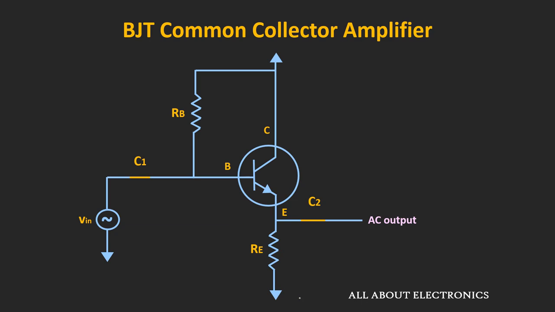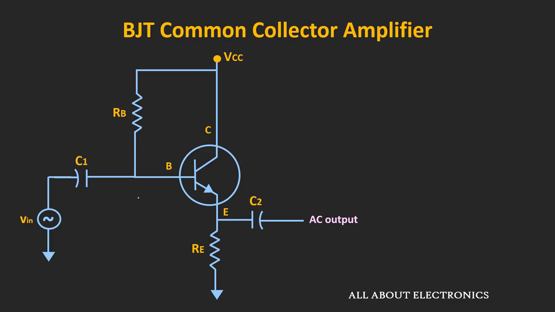That means here, the collector terminal is common between the input and the output side, and hence this configuration is known as the common collector amplifier. Now as I said, this common collector amplifier is also known as the emitter follower, because here the output at this emitter terminal follows the input signal. Now from the DC signal perspective, the emitter terminal will be 0.7 volt less than the base voltage, but the AC output signal will be approximately equal to the input signal, and in fact it will be slightly less than the input signal. So let us understand this thing intuitively.